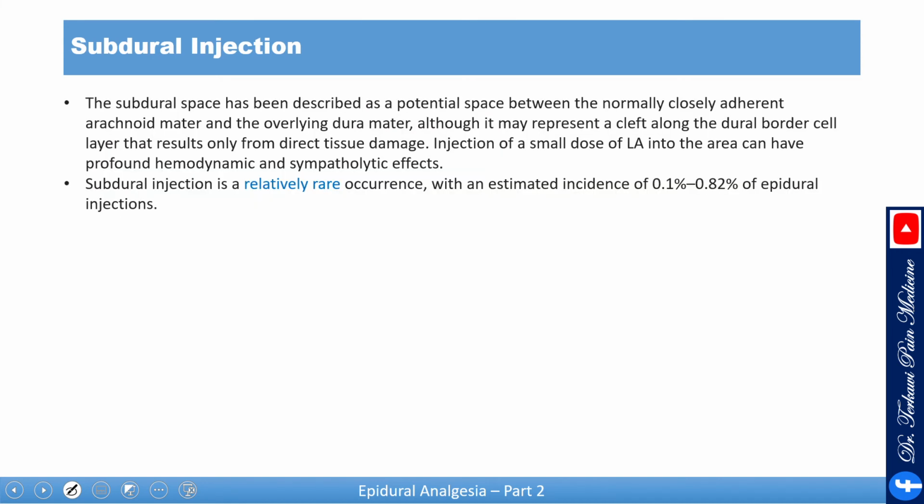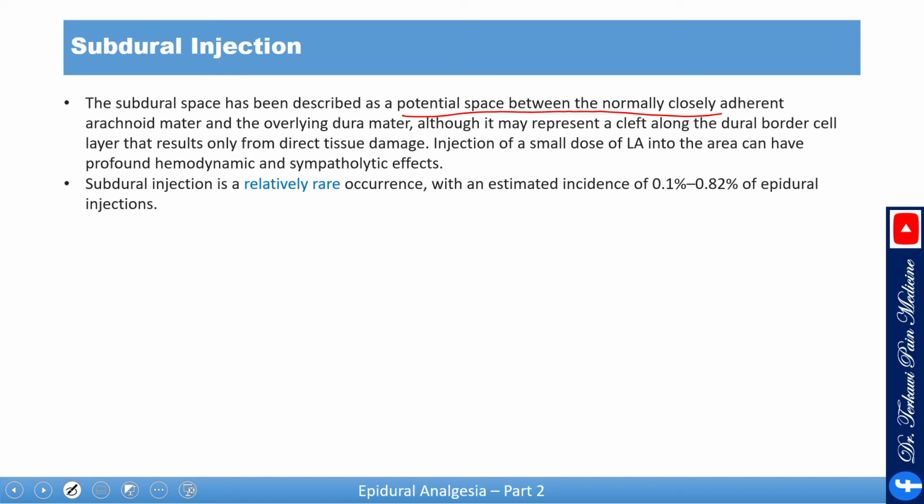The subdural space has been described as a potential space between the normally closed, adherent arachnoid mater and the overlying dura mater, although it may represent a cleft along the dural border cell layer that results only from direct tissue